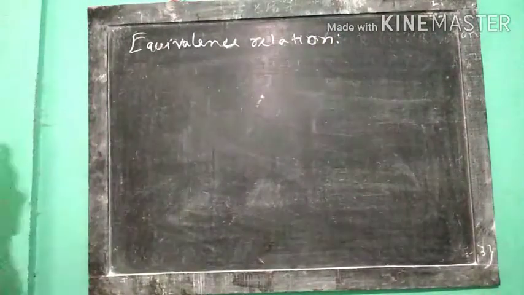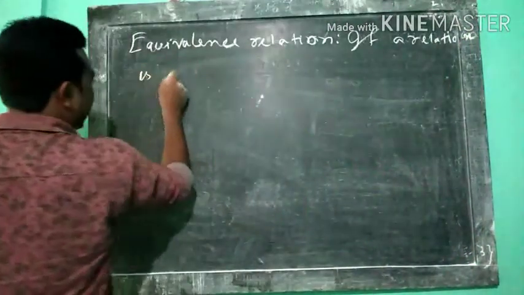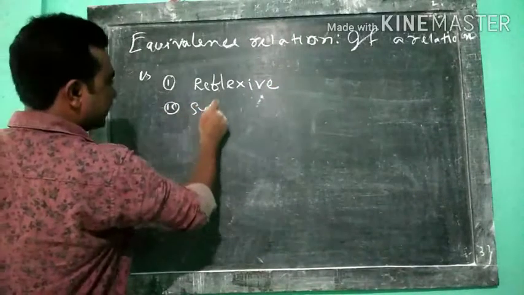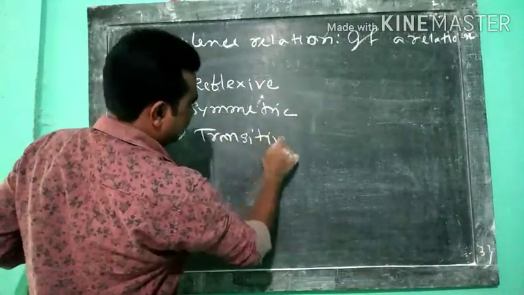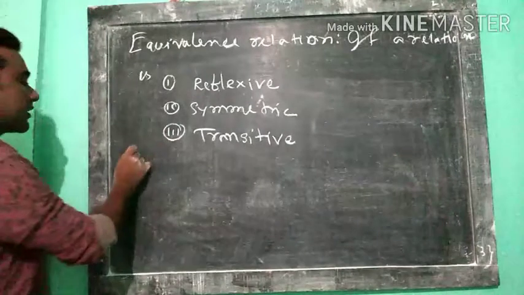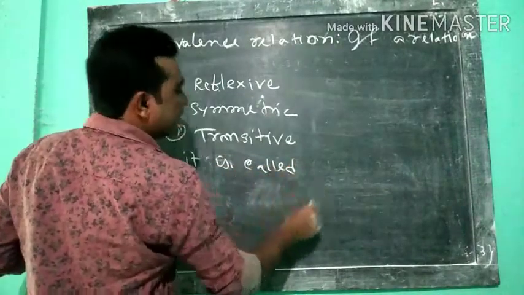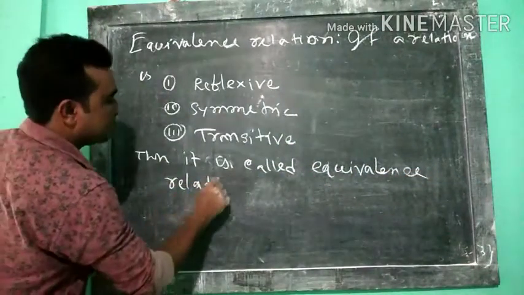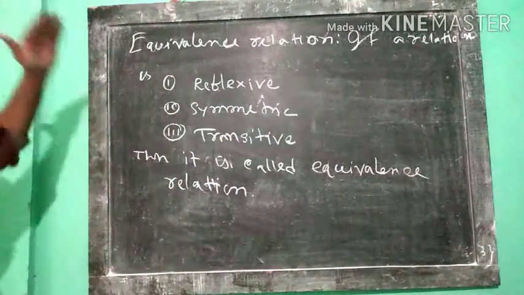If a relation is number 1 reflexive, number 2 symmetric and number 3 transitive. যদি এটা relation কি হয় reflexive হয় symmetric হয় and transitive হয় then it is called equivalence relation. যে এটা equivalence relation হ'বৰ কাৰণে এই তিনিটা condition satisfy হ'ব লাগিব if these three conditions is satisfied then